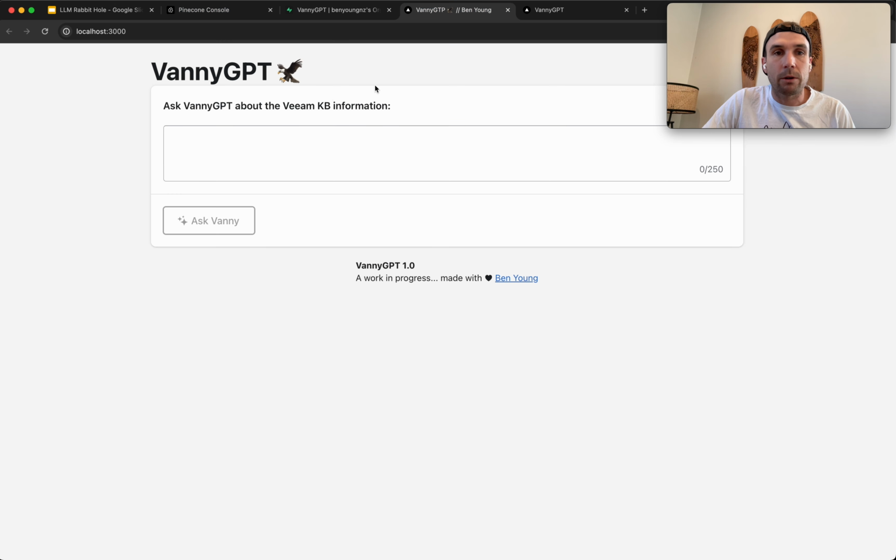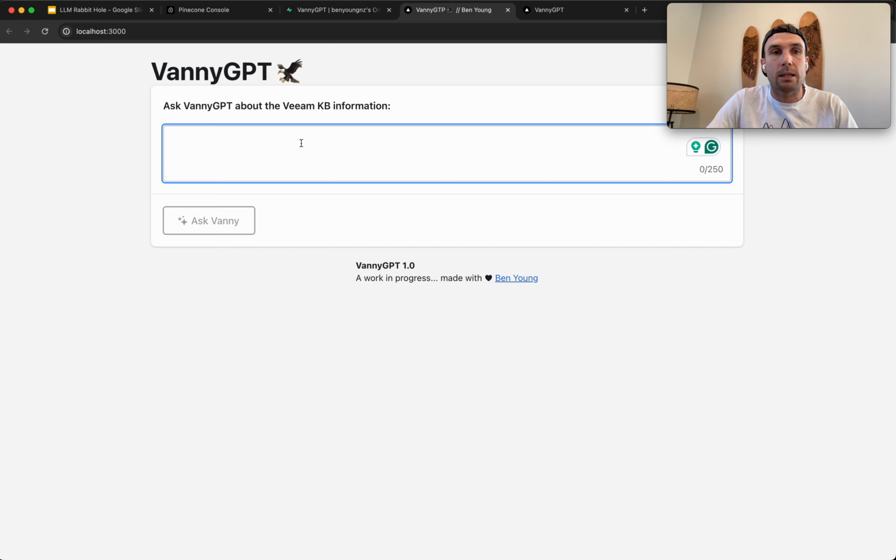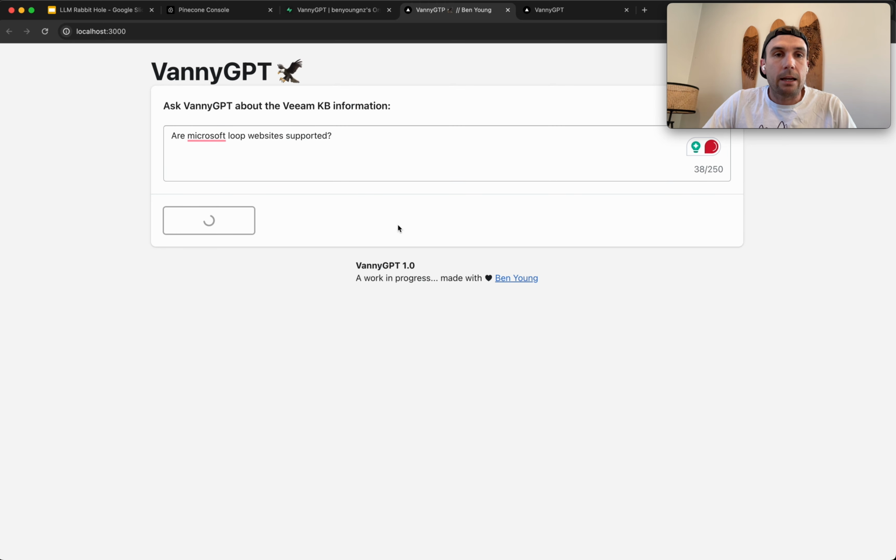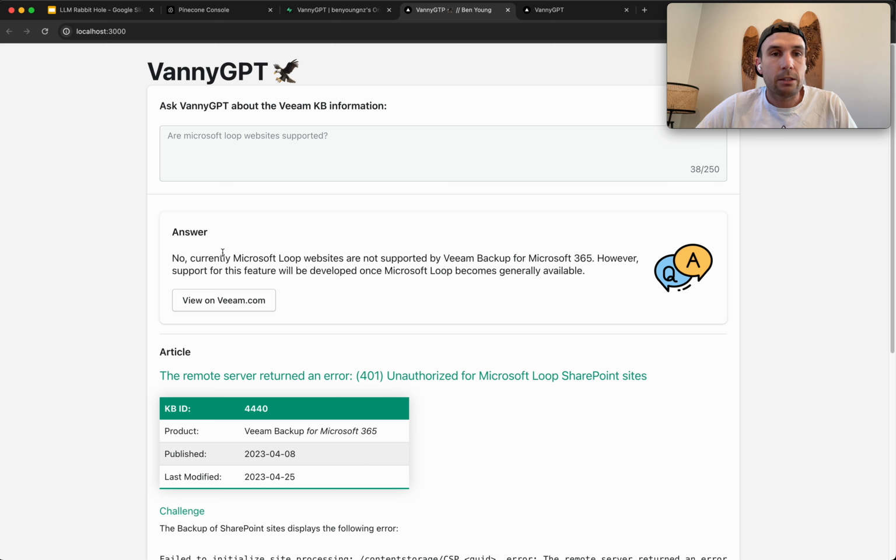So we take a look at what that looks like. So this was Vanny GPT version 1. So I can say, Microsoft Loop websites supported. And I can click Ask Vanny, and from here, it says, no, currently Microsoft Loop websites are not supported by Veeam Backup for M365. However, support for this feature will be developed once more when it becomes generally available. And you can see I can click View on Veeam and it will take me off there,